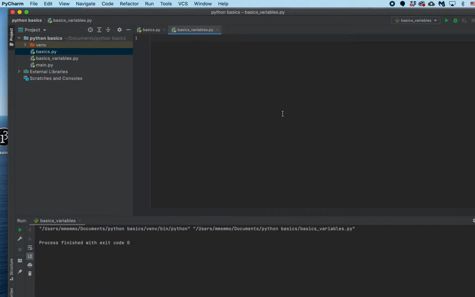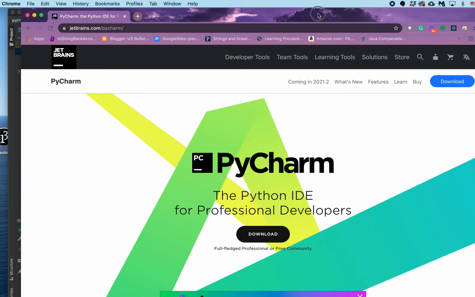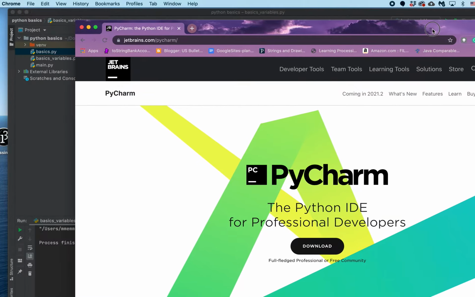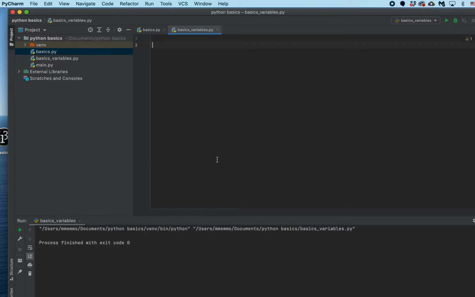Just getting started, one of the basics of any language is how you create a variable. In Python, by the way, I am in PyCharm. It is a program you can freely download from their website, and I'll provide the link in the description. That's where you get it, and I highly recommend it. It's a great program. What you do is go to File and New File, and right here,